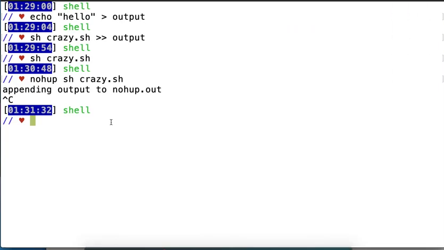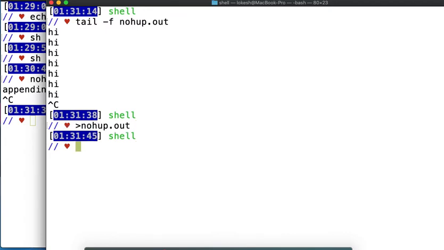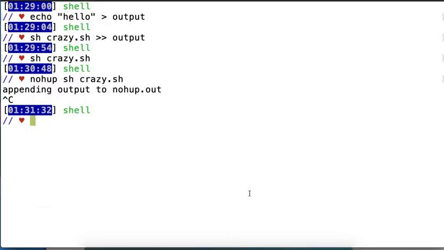I will just clear out the nohup file. If you just do a redirection into nohup.out, because nothing is redirected to it, it will clear out that file. So this is one way to clear a file if you want. And then we'll see